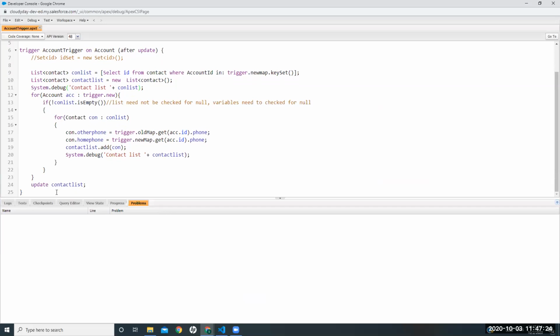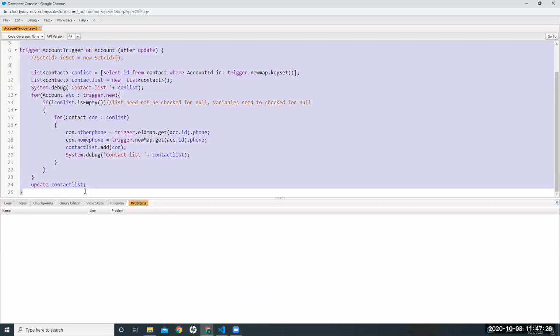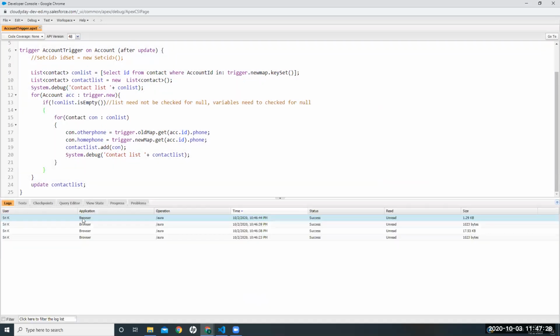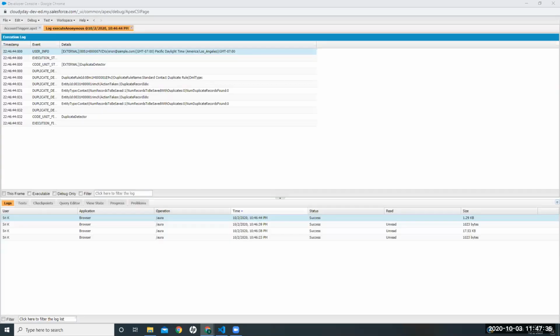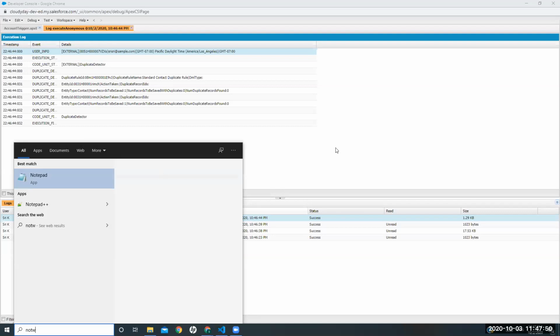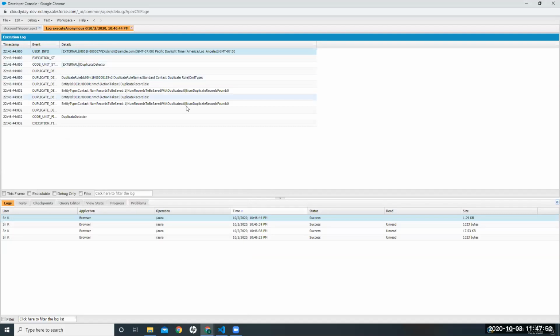Okay, and can you open the logs once? I'm also copying and pasting this in the chat so anybody can. Instead of chat, can you put it in a sheet, because sometimes it's hard to take it from chat. Okay. Just pass it over. Okay, so where is contact list? Open debug log, debug only.